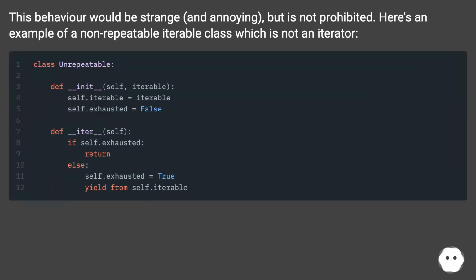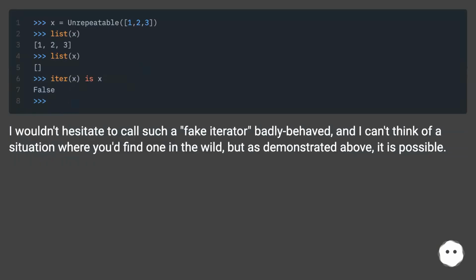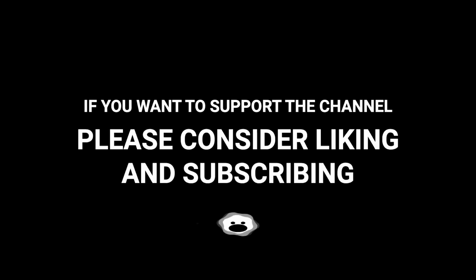Here's an example of a non-repeatable iterable class which is not an iterator. I wouldn't hesitate to call such a fake iterator badly behaved, and I can't think of a situation where you'd find one in the wild, but as demonstrated above, it is possible. Iterable,